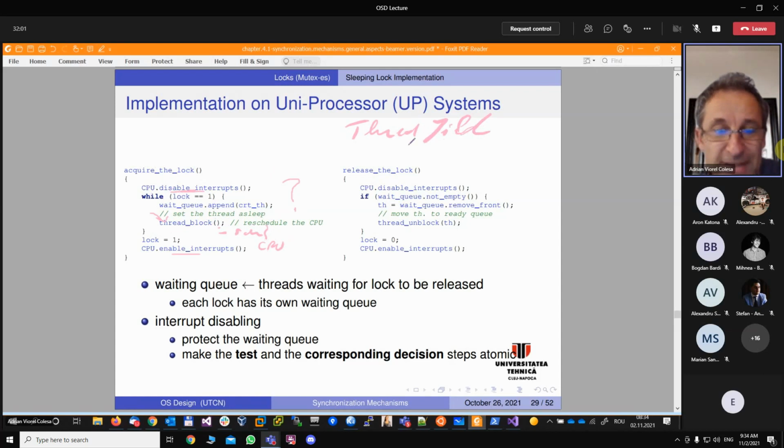Now let's imagine that the other thread which is chosen is a thread in the ready queue. Okay, actually that's the way to choose the next thread. That thread in the ready queue was placed here because at one moment thread yield was called on its execution. That was the way to force that thread to release the CPU. If you take a look at the thread yield, I mean, if you take a look at Pintos, for instance, because that's the uniprocessor implementation, you could note